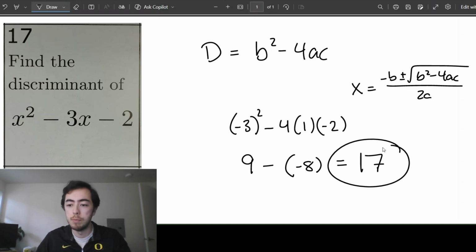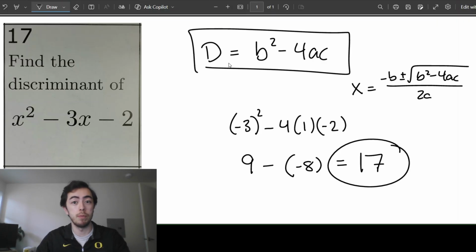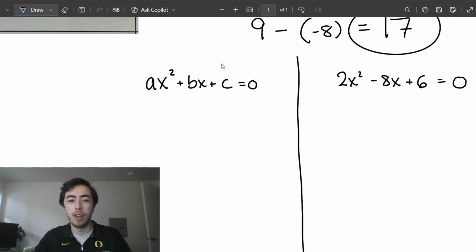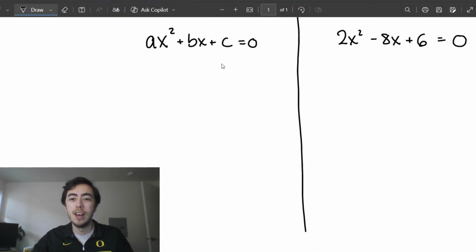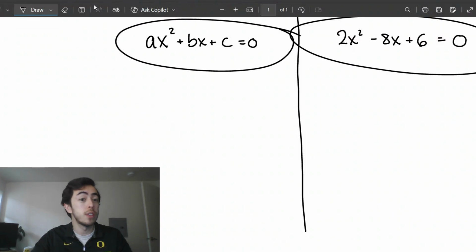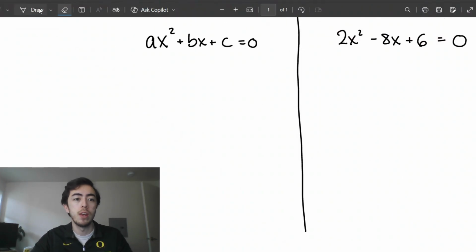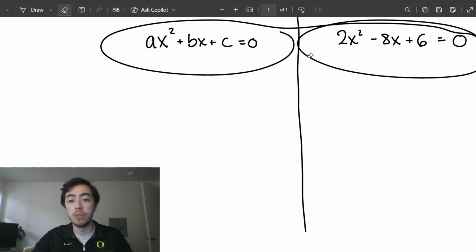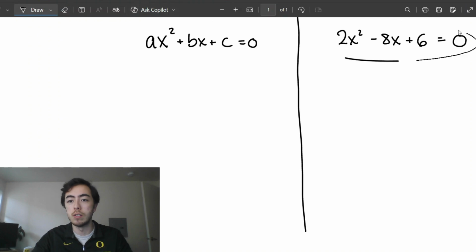We're all done, but feel free to stick around, because I do want to show where this is even coming from. To prove where this is coming from, I essentially just need to prove why the quadratic formula works. What I think I'll do here is have just a normal looking polynomial over here and a general standard form polynomial on the left. And whatever steps I take over here, I'll try to take over here with the variables instead of my constants. So if I wanted to use the completing the square strategy on the right side,